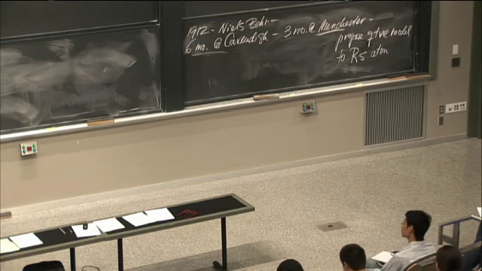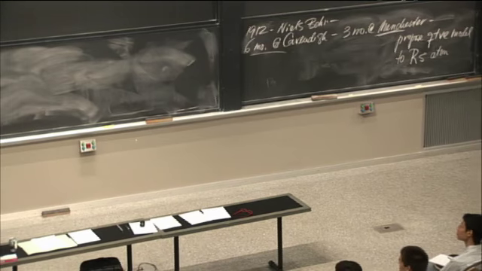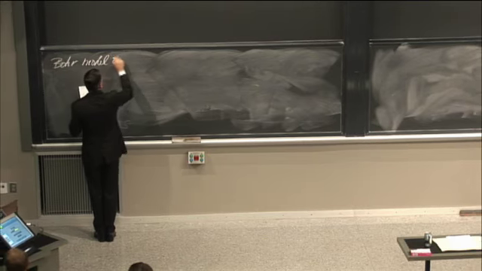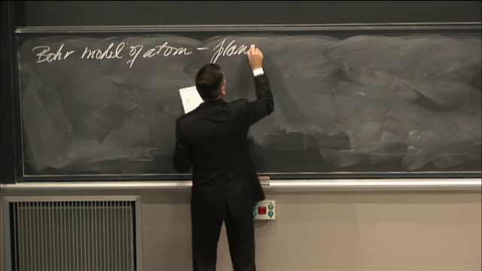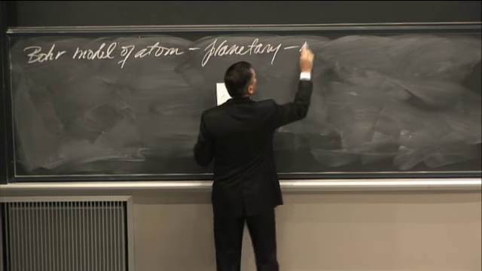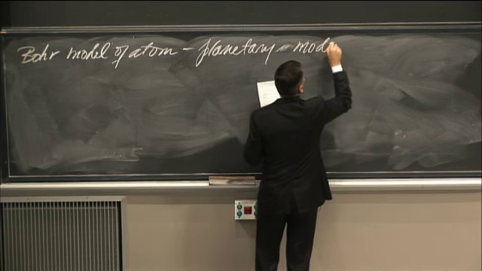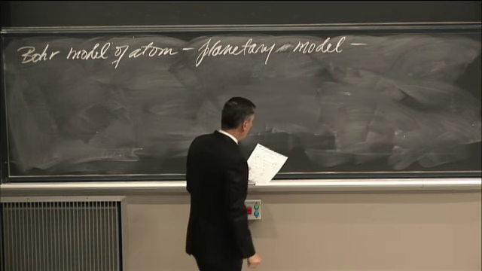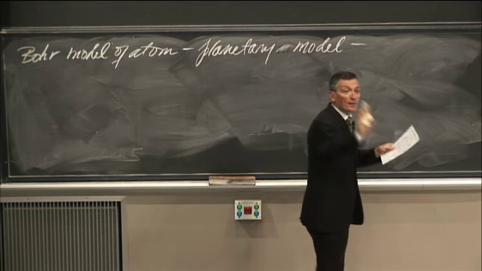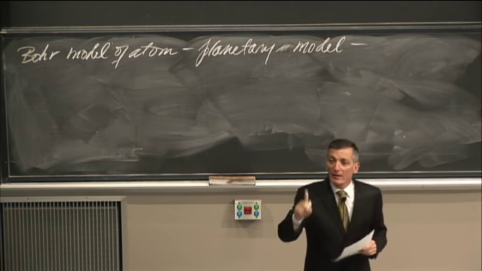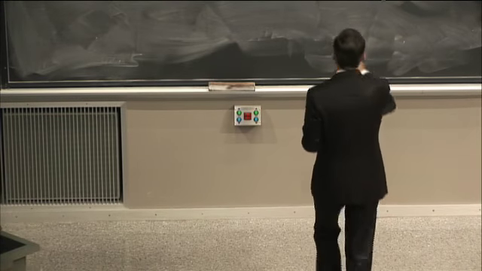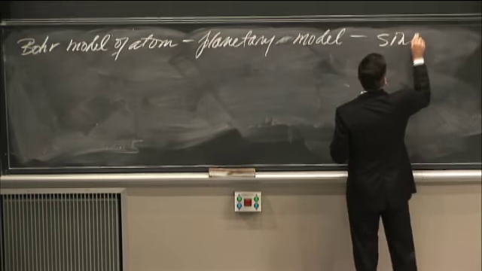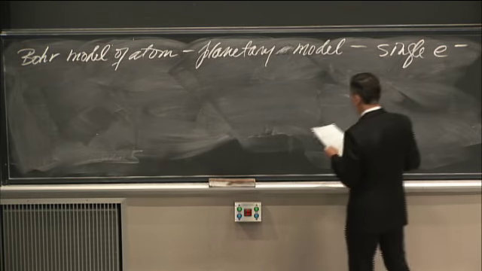This point here is the Bohr model. Bohr model of the atom. So it's Bohr's representation of the Rutherford model. We can call it a nuclear model or a planetary model, because you've got orbiting electrons. Now, first important point. The Bohr model is the simplest model. It works for a one-electron system. So he has a single electron. Planetary model, single electron.